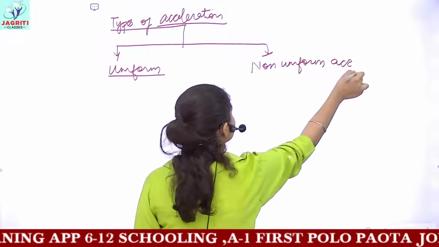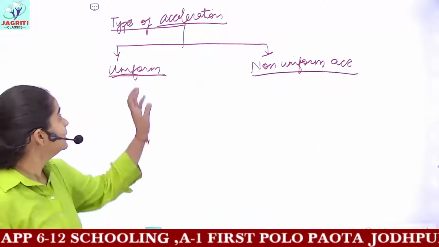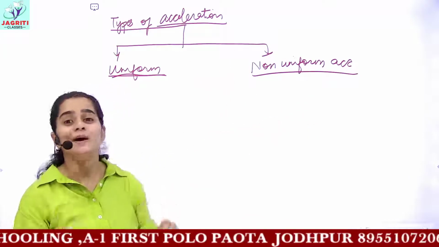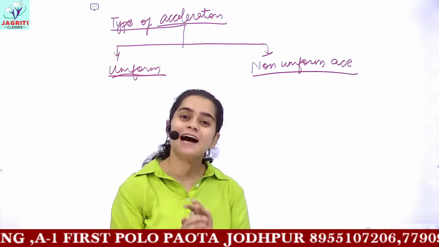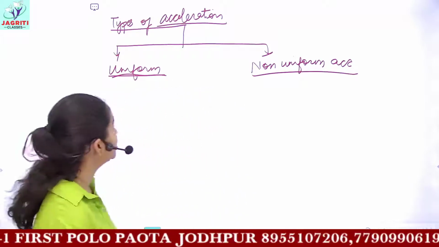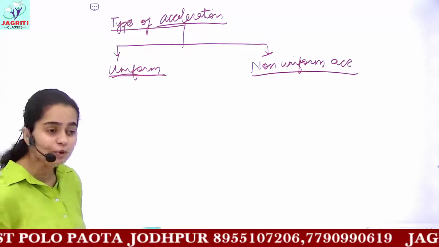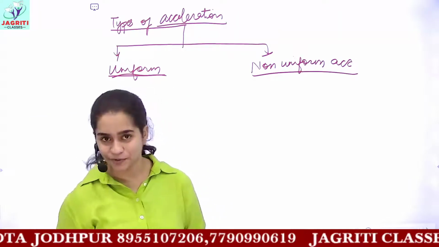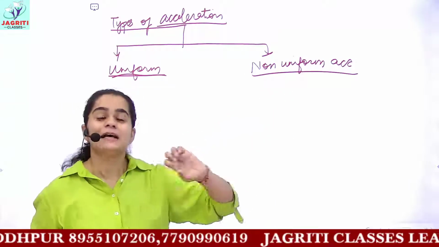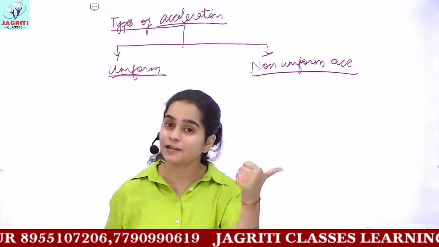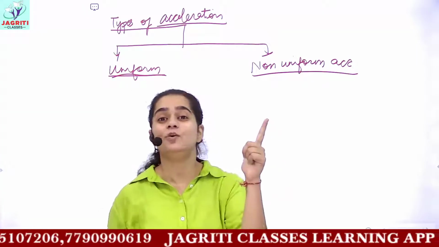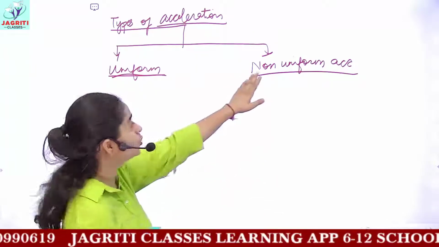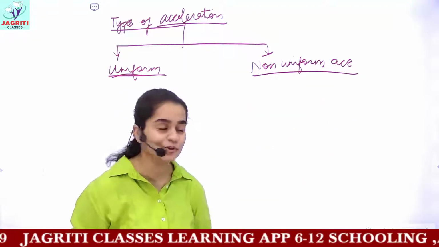And if you are thinking that these would be similar to uniform and non-uniform motion, you are definitely correct. These are just similar to what you know about uniform motion. Uniform motion is when an object covers equal distance in equal intervals of time. And non-uniform is when you have either unequal intervals of time, or unequal distances covered, or both. Then we say it to be a case of non-uniform motion.